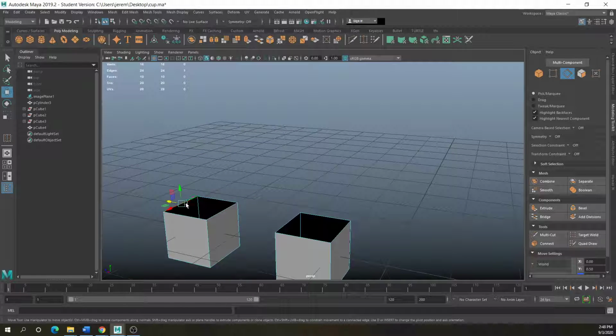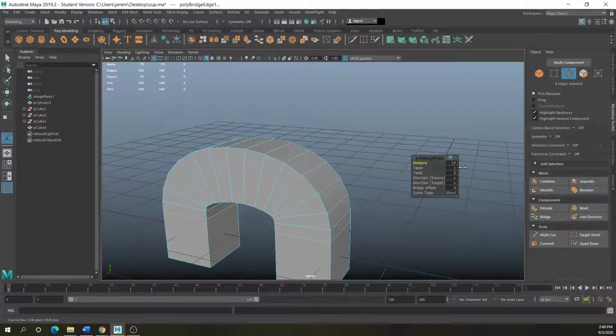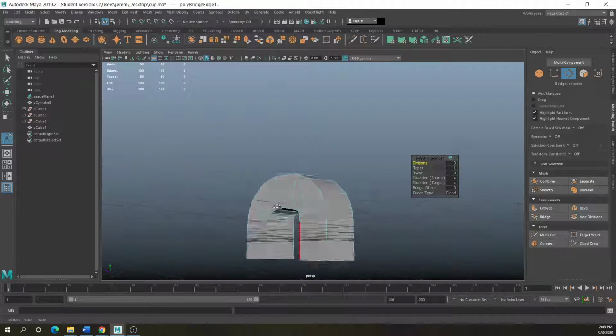The thing about the bridge is that an equal amount of sides has to be selected. So I have 4 here and 4 there, and I'm going to bridge this together. If I click on bridge, you notice it says straight line. That's because it's on linear. You need to change it to blend. You need to add some divisions in there. That's why there's no curvature, because there's no divisions. So I'm just middle mouse clicking and it's sliding, basically like a slider. Now that basically bridges faces together, and it's created new faces.